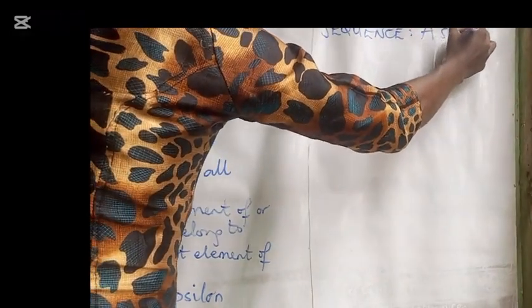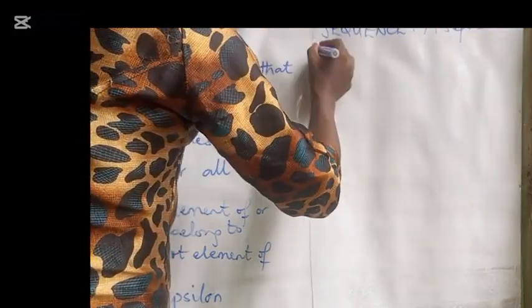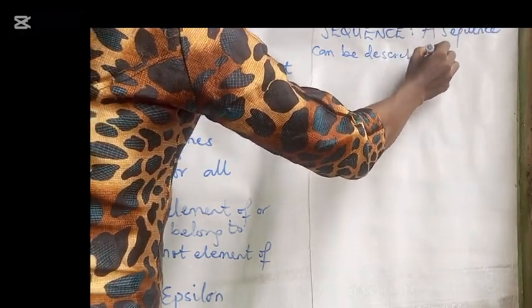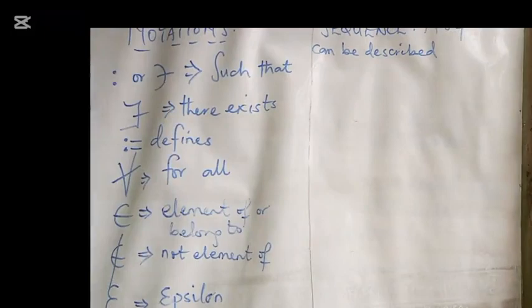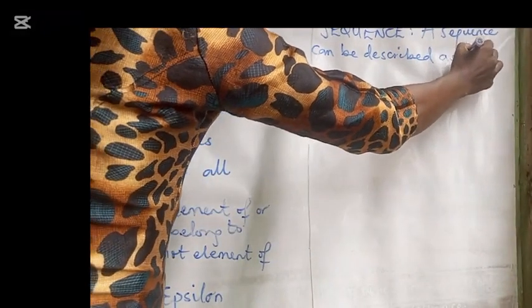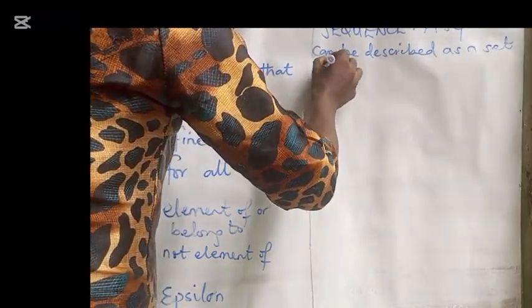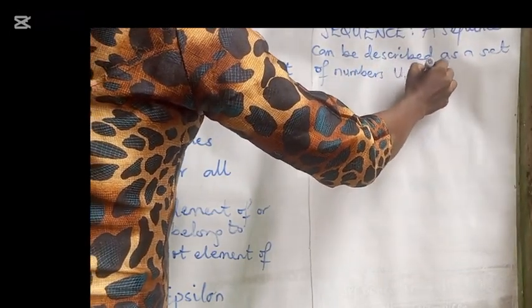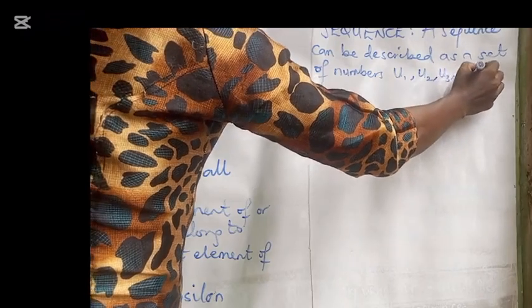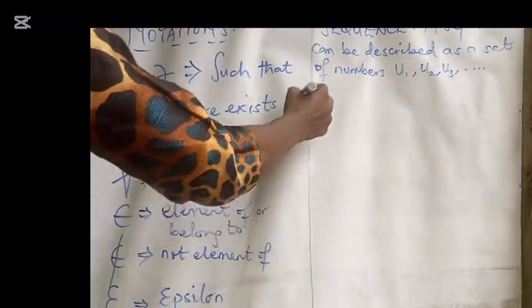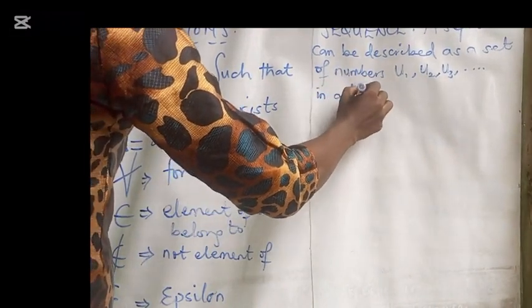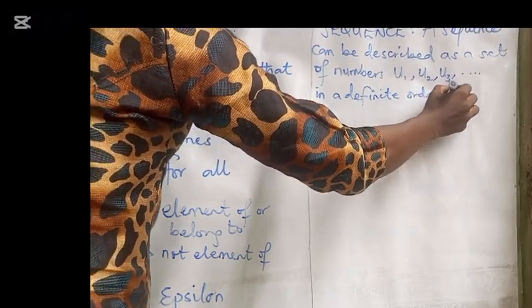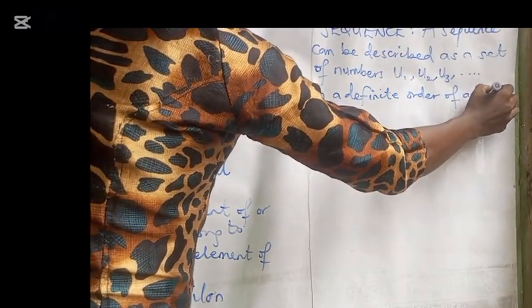A sequence can be described as a set of numbers, say u1, u2, u3, in a definite order of arrangement,